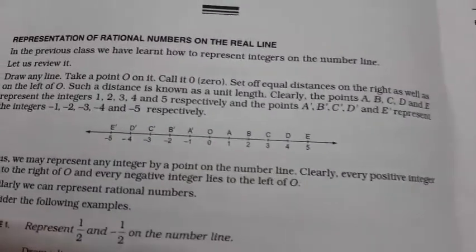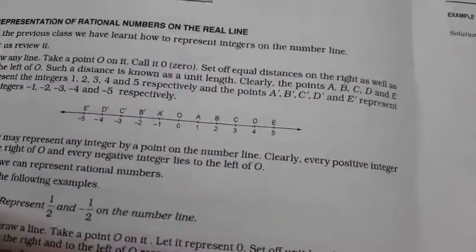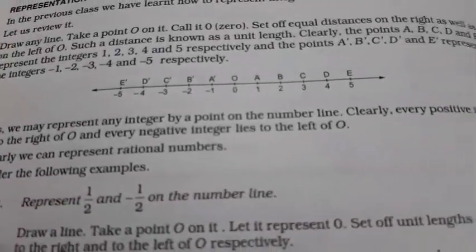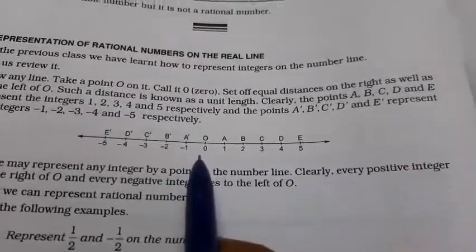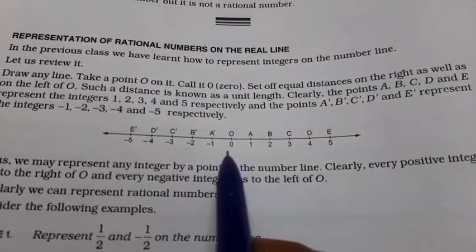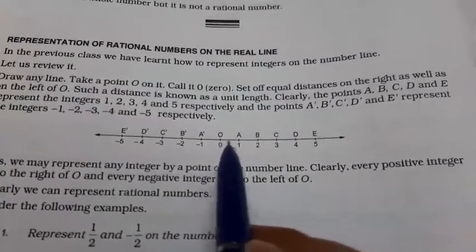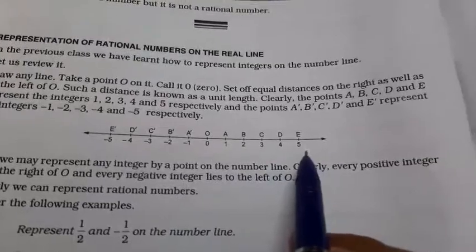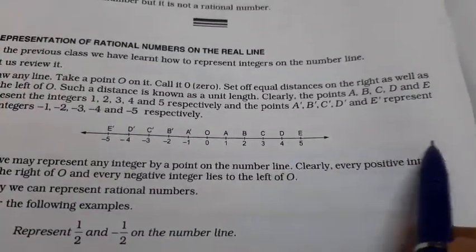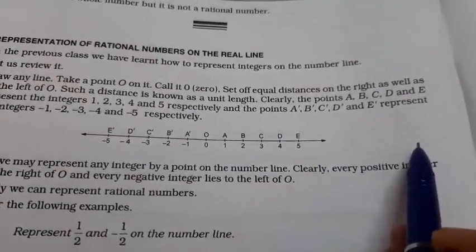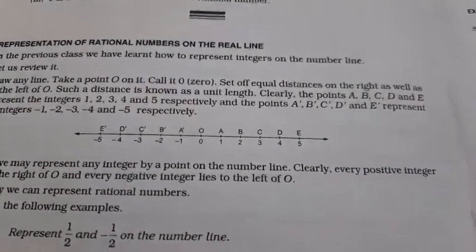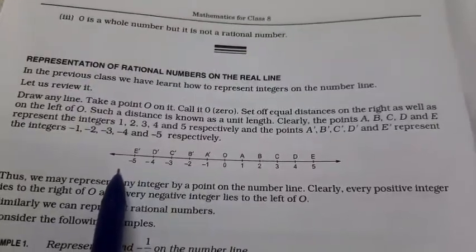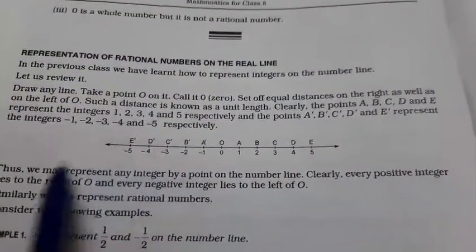Now, in exercise 1b, we have to understand what a number line is. In the number line, in the middle there is the number 0, which is a rational number but not positive and not negative. On the right side, there are positive integers like 1, 2, 3, 4, 5. And you have to know there is no limit of integers. That means there is no greatest positive integer because it is unlimited. Similarly, on the negative side, there is no limit of negative integers.